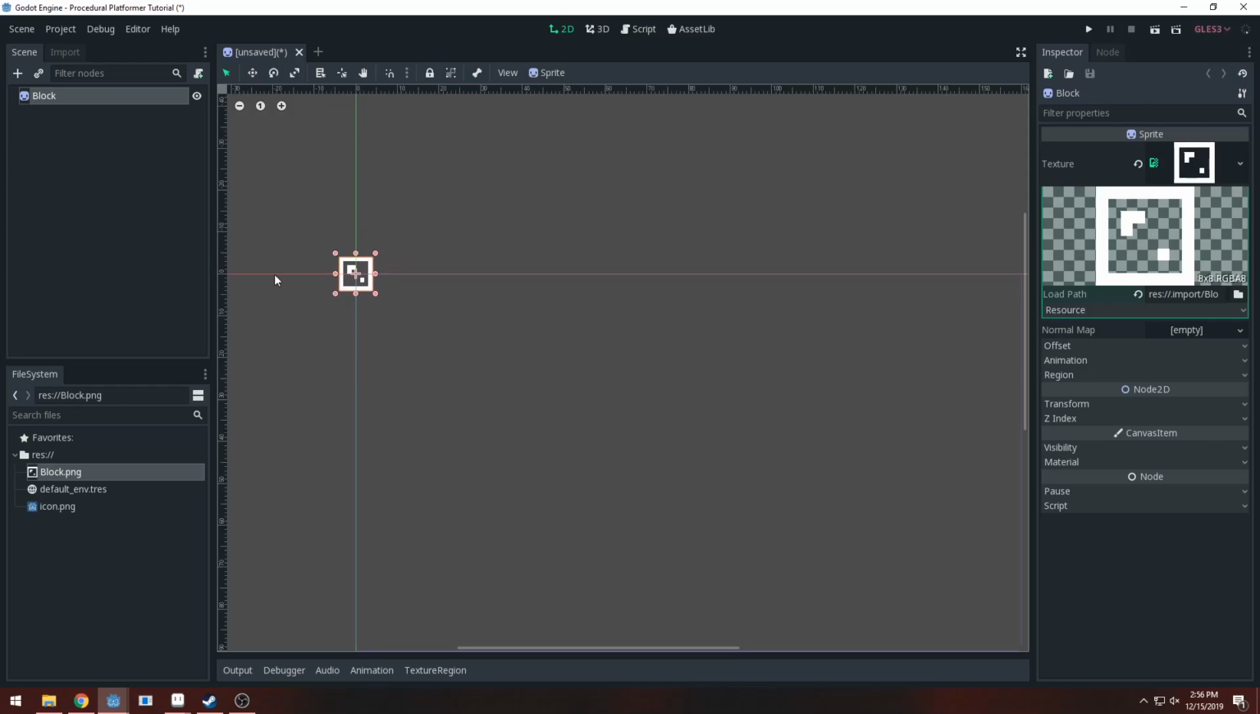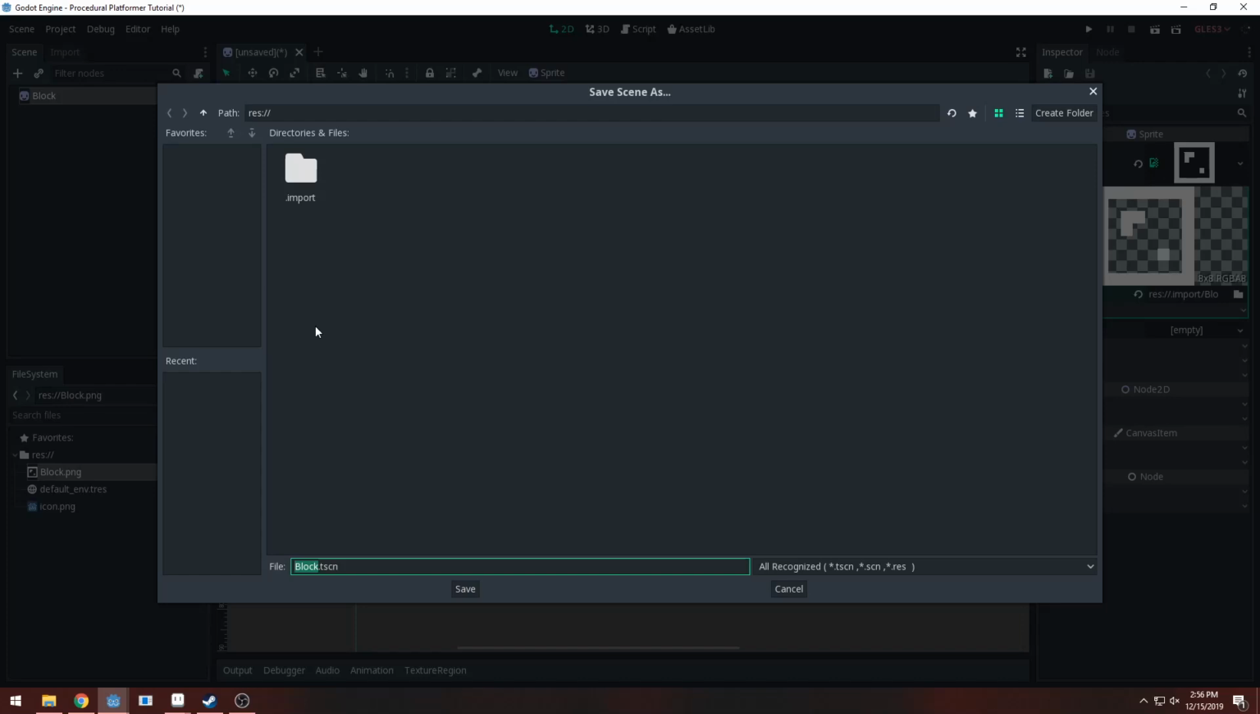So I'm going to Control S to save, and we're just going to call it block.tscn. We're eventually going to organize stuff, but right now I'm just going to try to get the tutorial stuff done, and then we'll probably do that in a future tutorial. So press save,